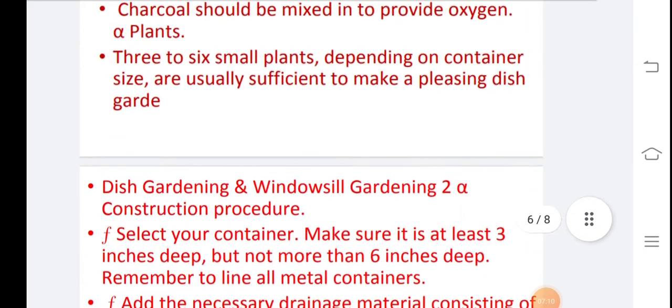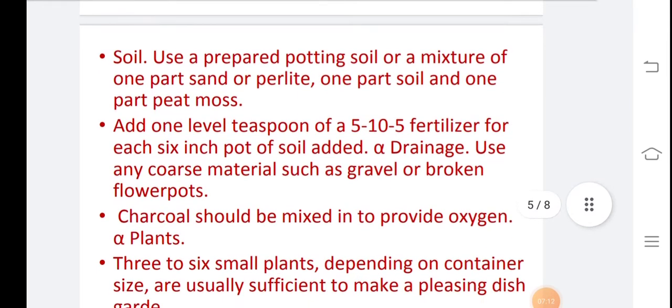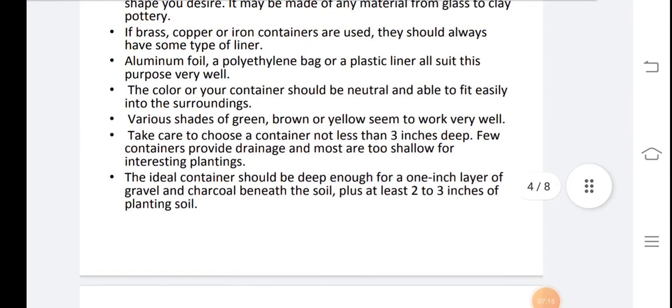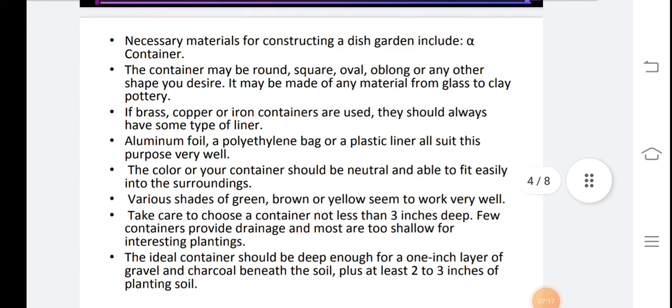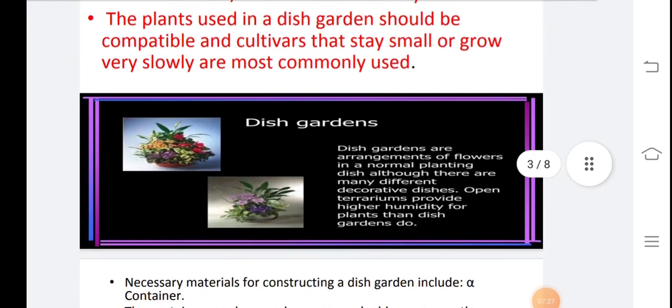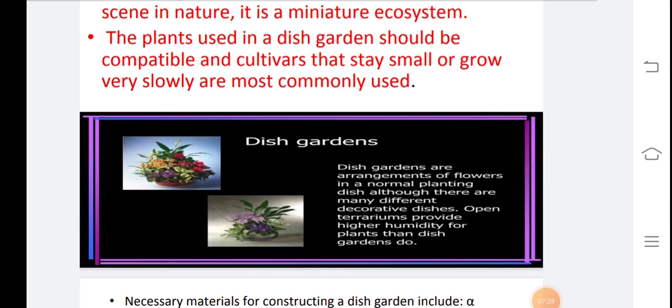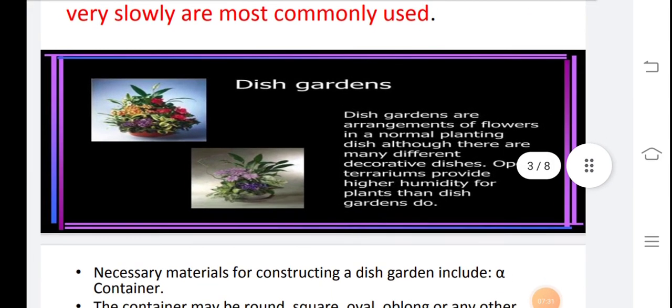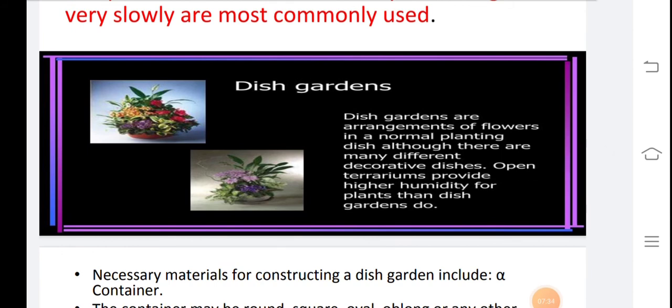Secondly, we have seen different types of containers, colored containers, and soil texture. Then there are specific characteristics like proper light and proper humidity. Here are some good arrangements for the dish garden. It is like the terrarium, but terrariums may be open and also closed, so it may be considered as an open